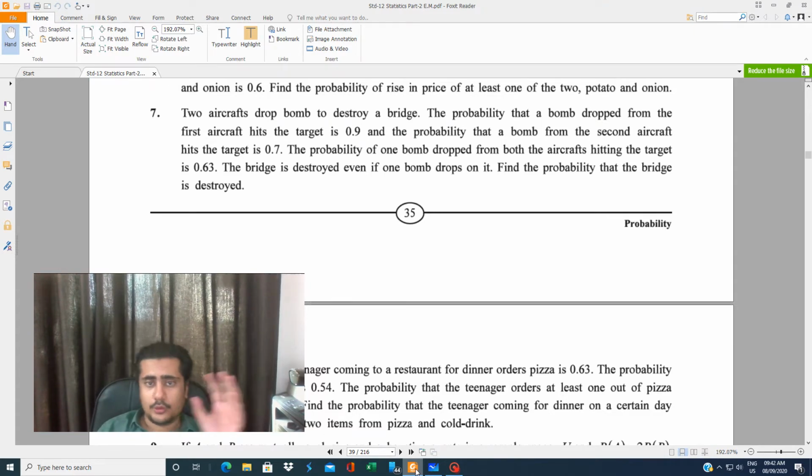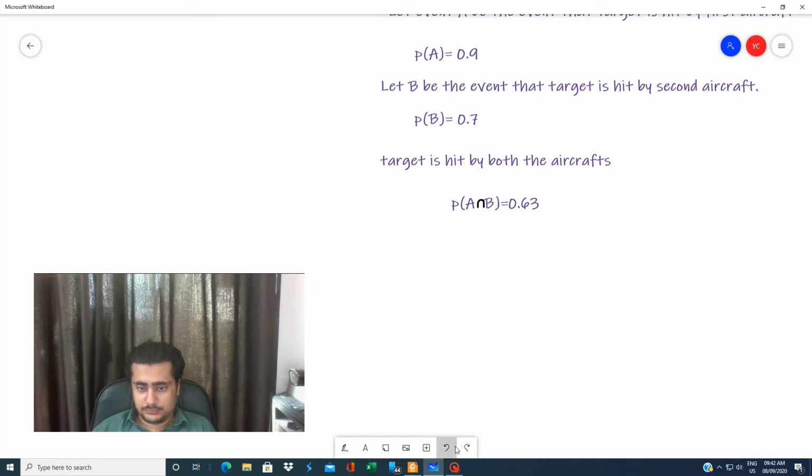Now see, as I told you that even if you drop one bomb, it will destroy. So one bomb, two bomb. It means that if you throw at least one bomb, it will destroy. Okay, so at least one means union. So P of A union B is equal to